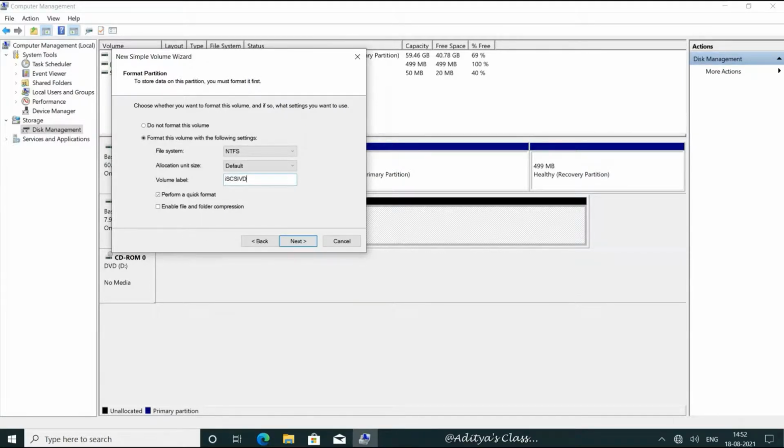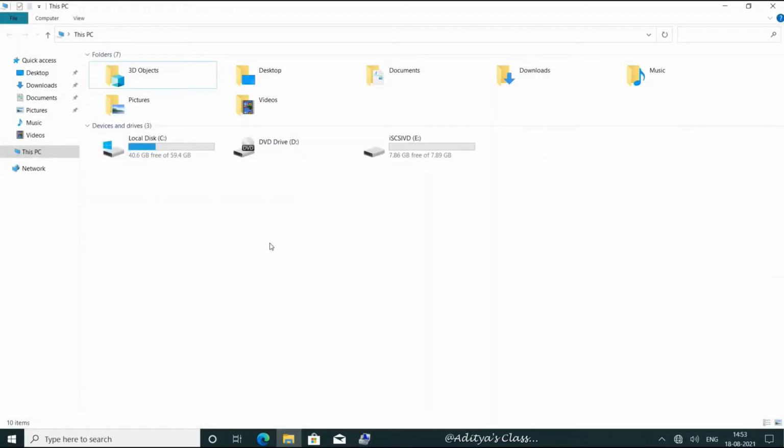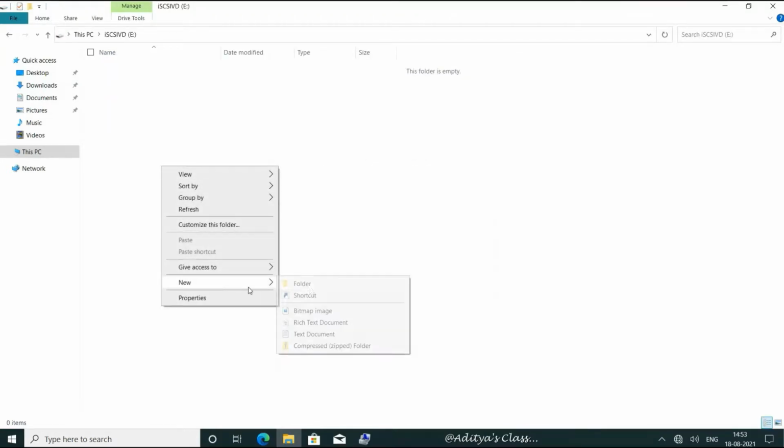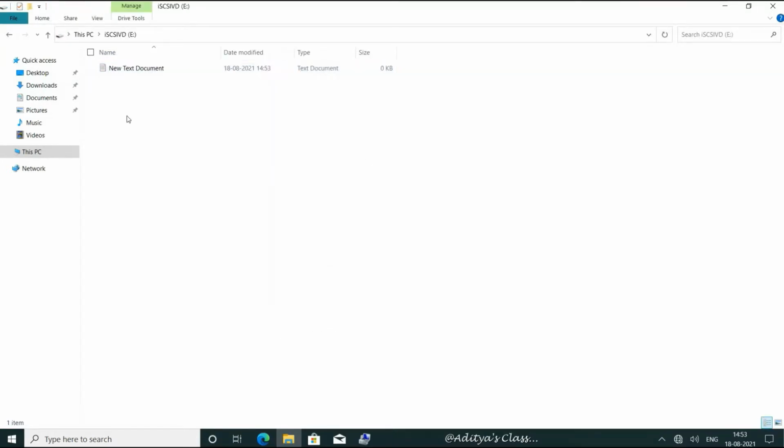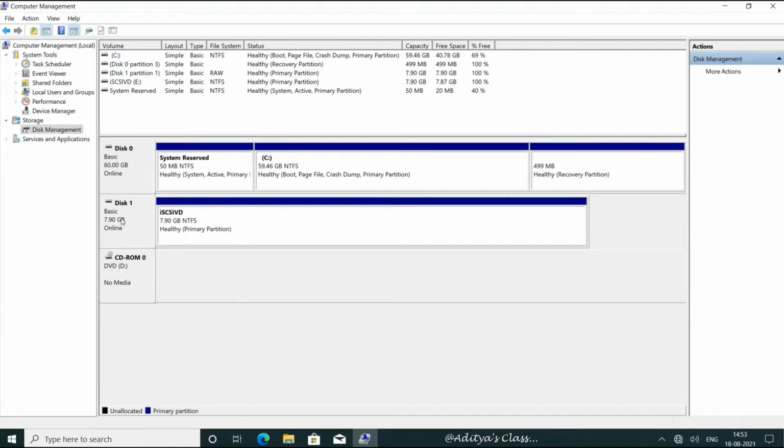And let's say we'll call this volume as iSCSI VD and finish. There it is. That's actually our iSCSI virtual disk on a remote location. But on this client computer, it looks like a local disk. So we can keep our data here, and yes, it is very much secure because on the iSCSI target server, it is located on a RAID 5 volume.